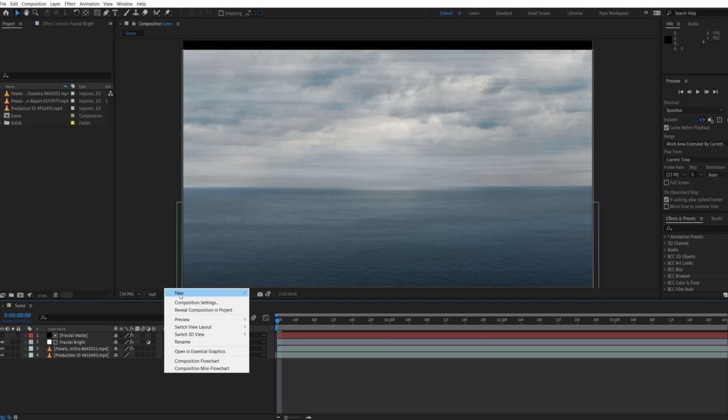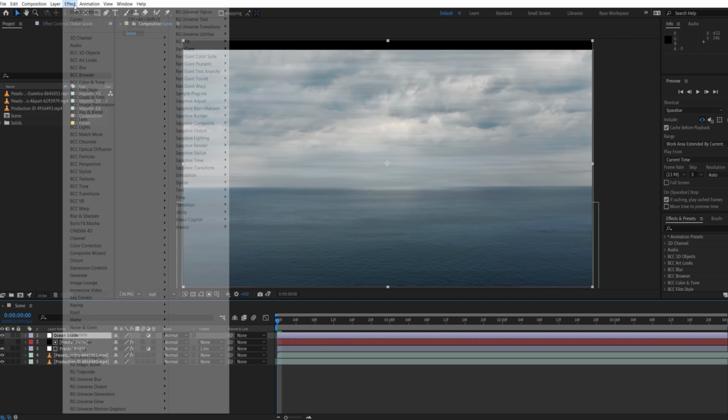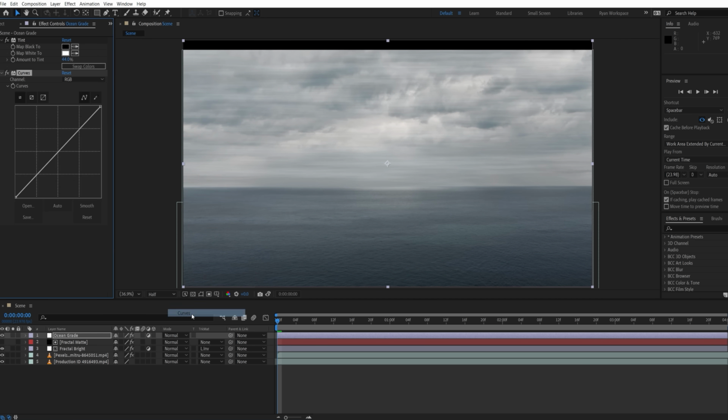We can also use another adjustment layer above everything to grade the ocean more of a green tone like the original shot. Next, we're gonna make the sky a bit more moody, but if this were a shot with several people working on it, we'd really want kind of project management,